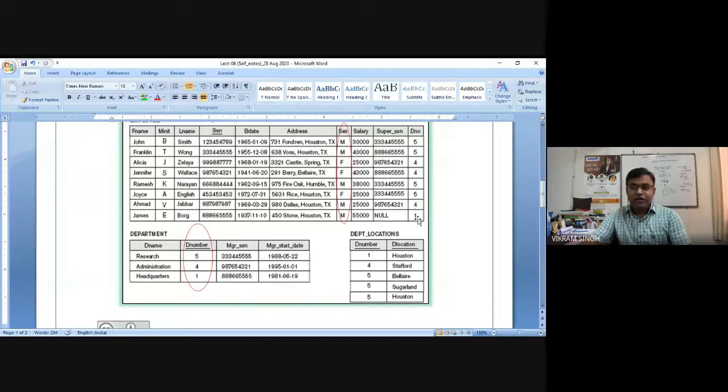We cannot use a department number 3 to be assigned to a new employee because department number 3 is not existing. That is one thing, right? और अगर रिलेशनशिप ये कॉलेज ने कहा है कि एक एम्प्लॉय एक ही डिपार्टमेंट में काम कर सकता है तो 1:1 है, तो ऐसे ही होगा। अब ये अलाउ कर दे कि जॉन 2 डिपार्टमेंट में काम कर सकता है,